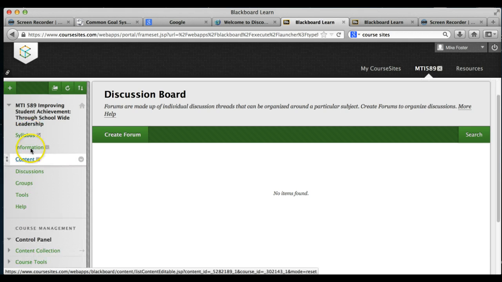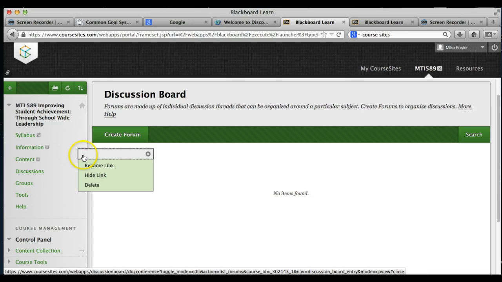So see how it says syllabus? I have it hidden. I don't care. You can put whatever you want here. It's going to come up home page, but right now yours says syllabus. Keep it hidden. When you come to information, information can be left, but as teachers, they're like, where's our stuff? Content, information, discussions. These are just words that are put in there by coursites. You can change them. I like to put here, I'm going to change it to